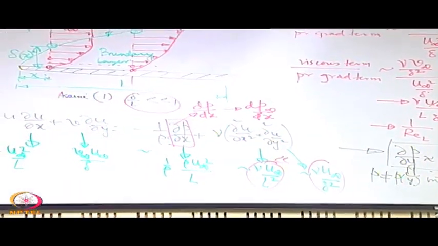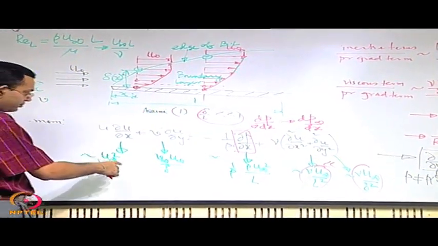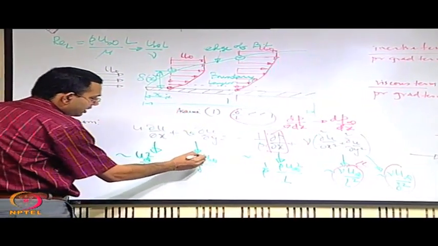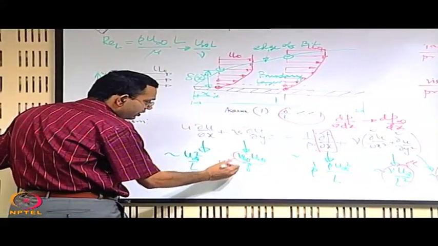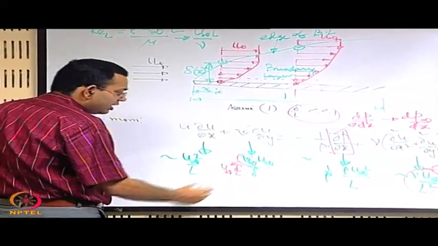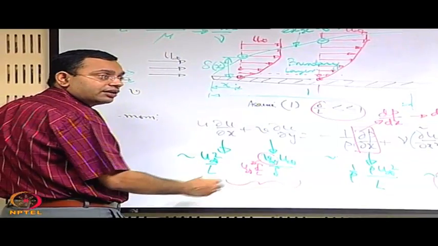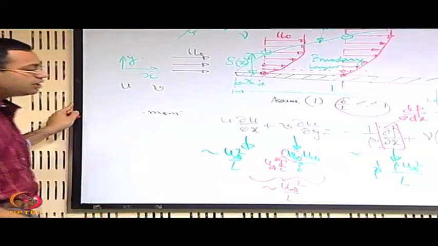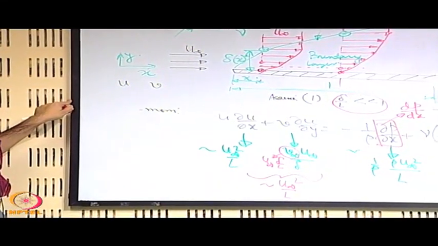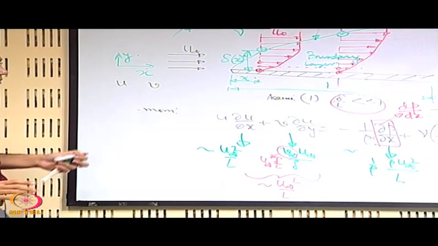Now, we will look into the other terms. So, what are the other terms? When you have v infinity, here you can substitute the v infinity in terms of u infinity. So, this is of the order of u infinity into delta by L. So, you can see that combining these terms, each of the terms is of the order of u infinity square by L. So, the order of the left hand side, which is the inertia term, is like u infinity square by L. Now what we will do with these orders we will very soon see with an example,